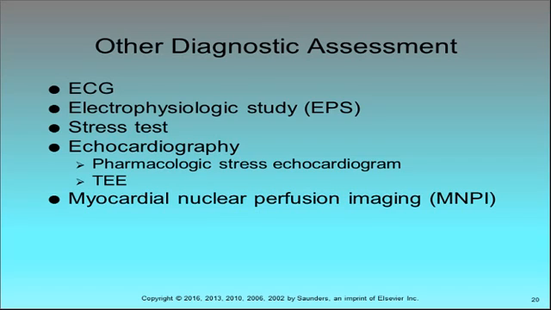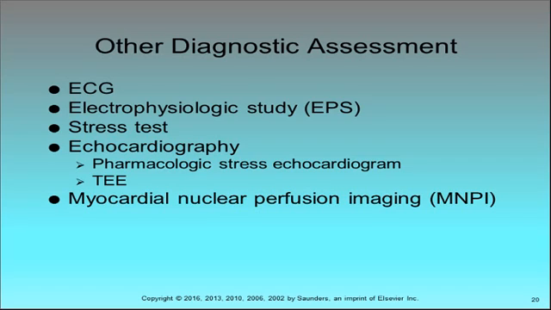Stress test: you can have what they call a walking stress test, where the patients are on the treadmill walking, or they can do what they call a chemical stress test for those that can't handle the exercise. The patient will basically sit there and they'll inject a medicine known as adenosine, and then they'll just do studies every few hours or so to see how the body is reacting to the adenosine. These patients generally will have to be NPO after midnight, and there are a number of limitations prior